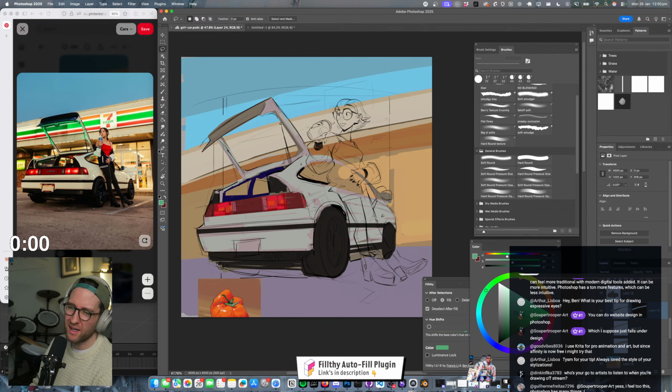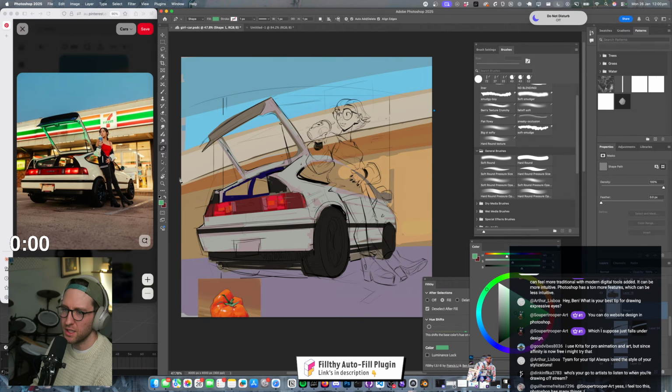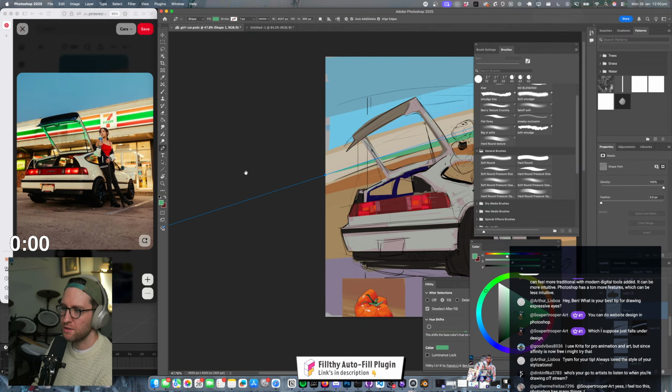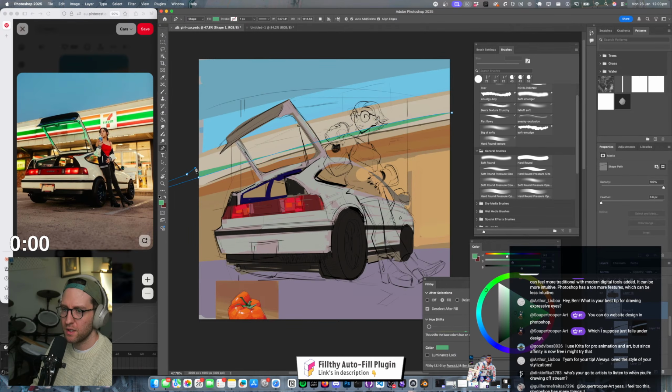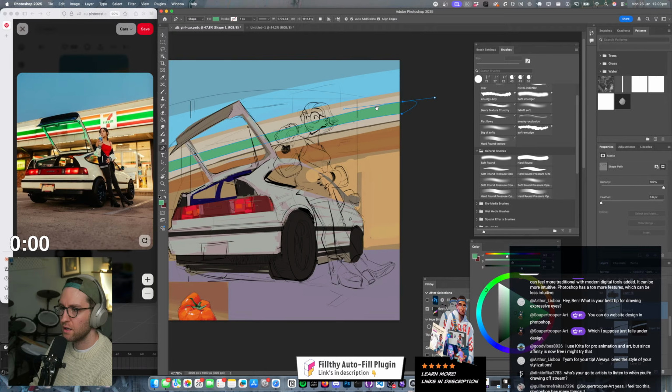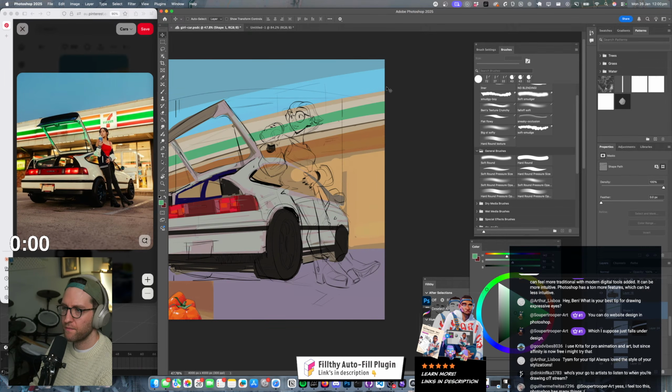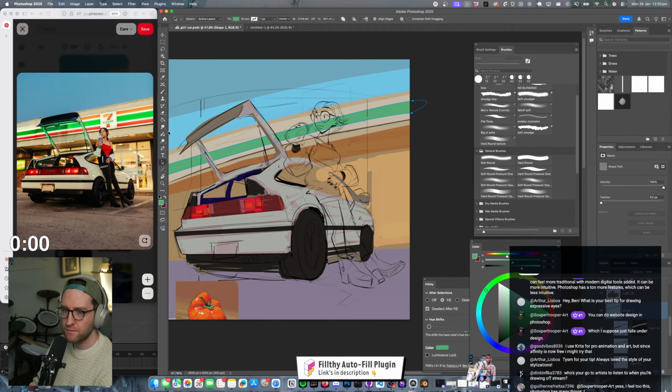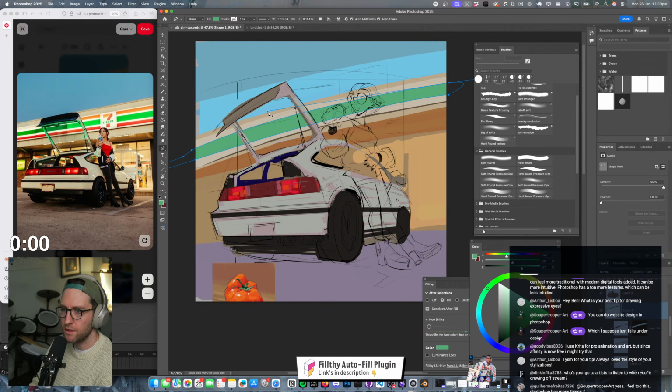Now this is where I might use a vector tool here, because I'm working against the tools here, so I might come up here and just place them exactly where I want instead of coming in and erasing, and then I can rasterize it. Again, these aren't the most intuitive tools to use.